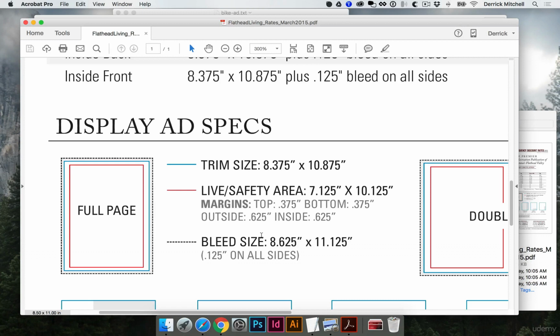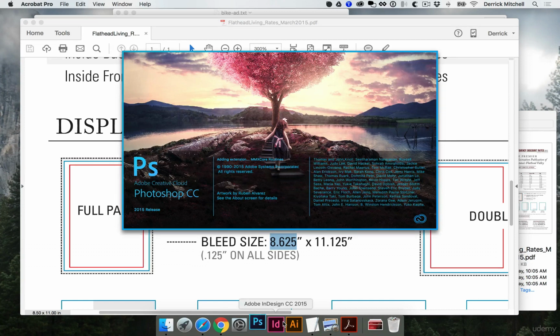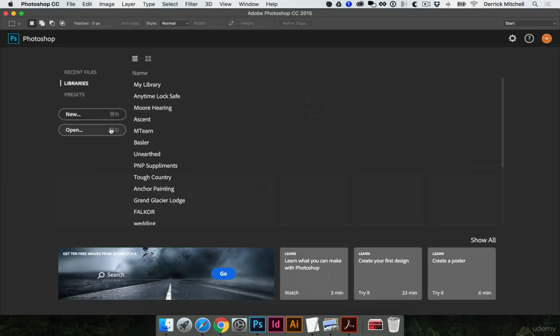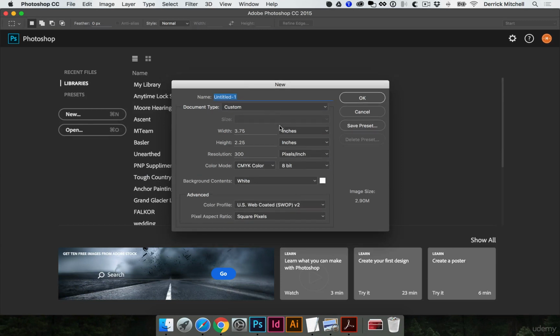All right, so let's set up our file. The bleed size, so it's 8.625 inches wide. We do width by height, so it's always width by height here. Command C to copy that. We'll jump into Photoshop and create a brand new document. So I'm going to hit Command N to open up my new document window. Make sure you're using inches. Our width is